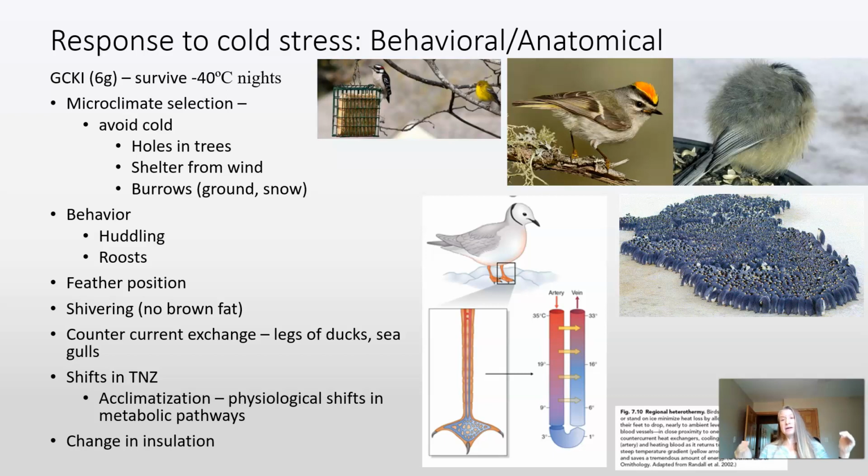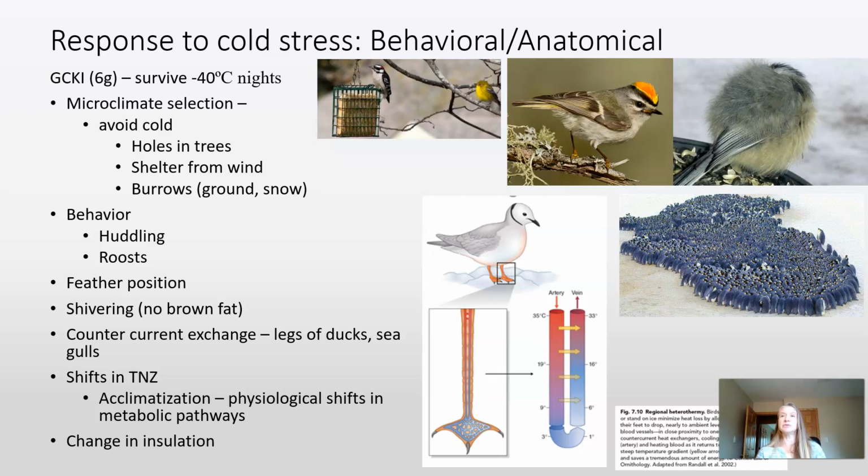A lot of grouse and quail will burrow down underneath the snowpack. So in winters where the snowpack isn't as high, there's actually more mortality because they can't burrow down underneath the snow that's insulative. They can do things behaviorally like huddling or using roosts. And that's something penguins will do to survive the winter. They all take turns rotating through who's on the outside. Obviously, the individuals on the outside have more challenge, but the penguins all rotate so that everybody has a chance to get on the inside.